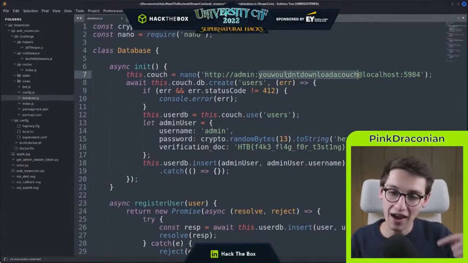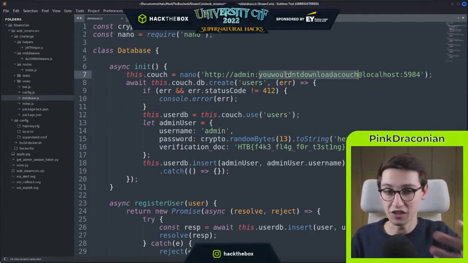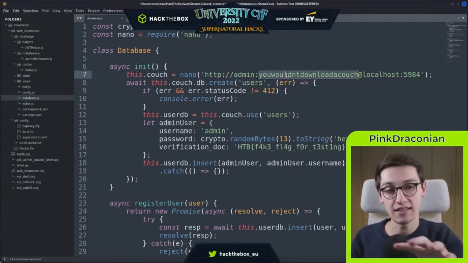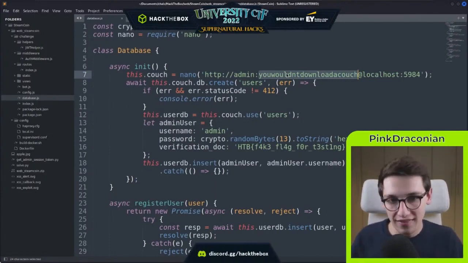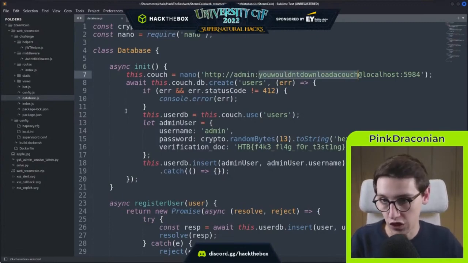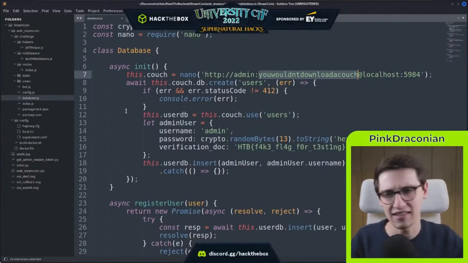So what if I get an XSS on this bot, make it visit this URL and get all of the data out of the database using a fetch request through my XSS in JavaScript? Wouldn't that be incredibly cool? And that is immediately what I want to do. But before we go and find an XSS and try all of that out,